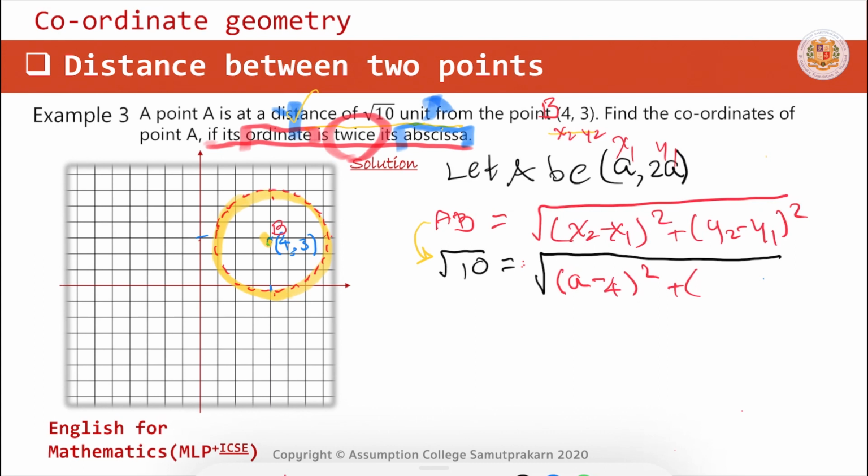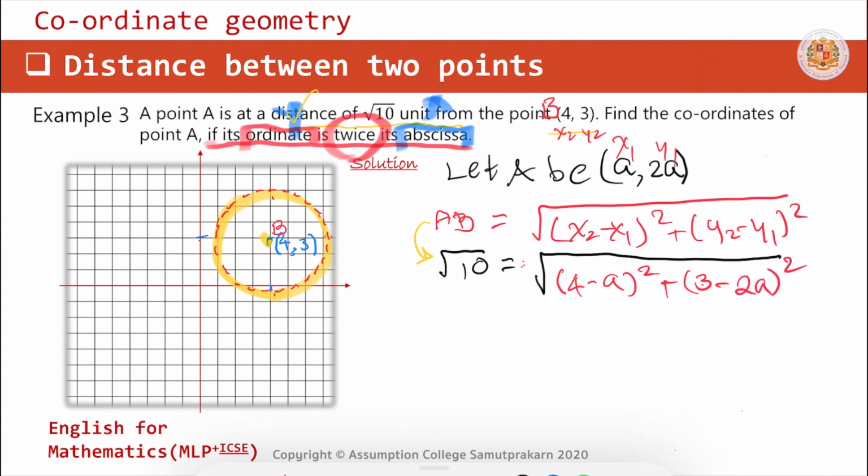So I should have something different. I should have x2 minus x1, so 4 minus a, squared, plus y2, which is 3, minus y1, which is 2a,